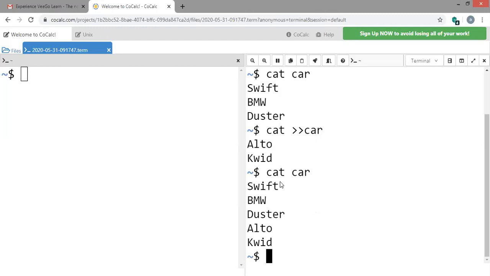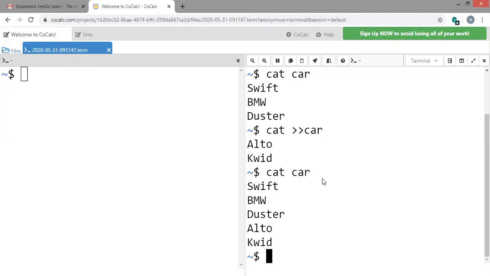Now we had only three cars initially in the file called car. Now we have appended the contents, appended in the sense of adding the contents at the end of the file. To display the contents, we know that we are supposed to use cat followed by the file name.